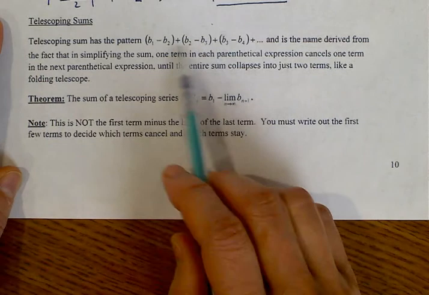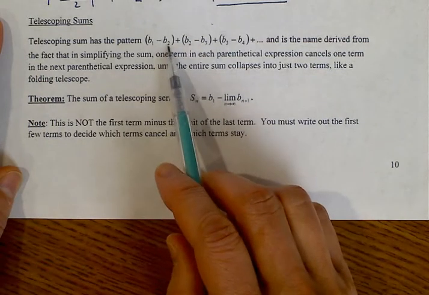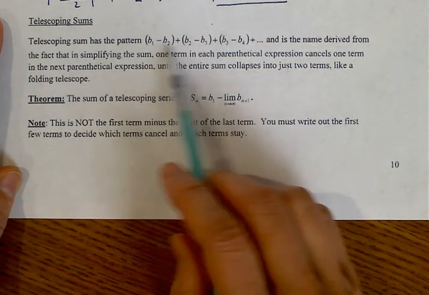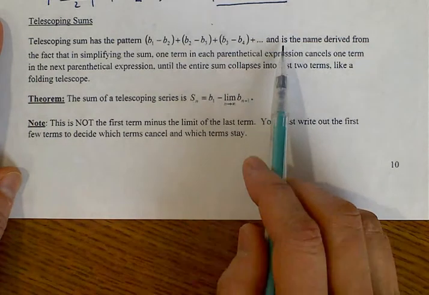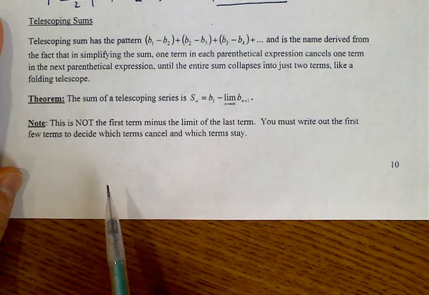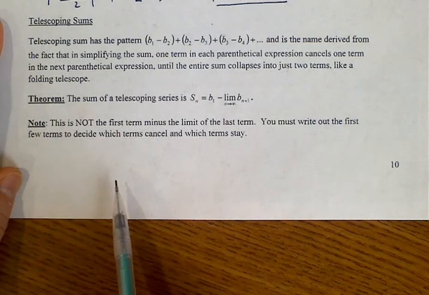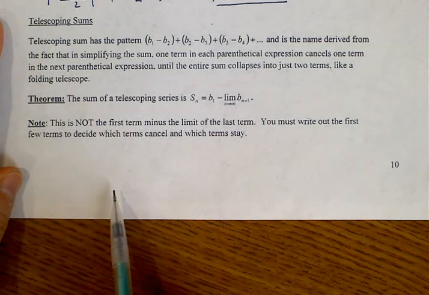And you can see here that the b2 in the first term will cancel out with the b2 in the second term. The name is derived from the fact that in simplifying the sum, one term in each parenthetical expression cancels one term in the next parenthetical expression until the entire sum collapses into just two terms,